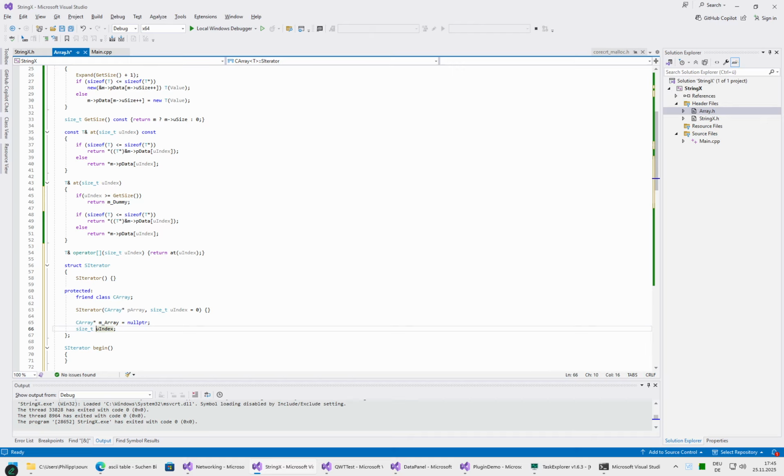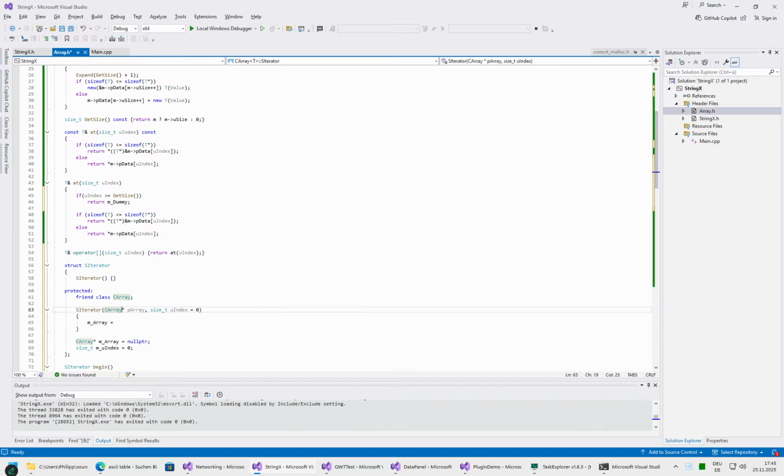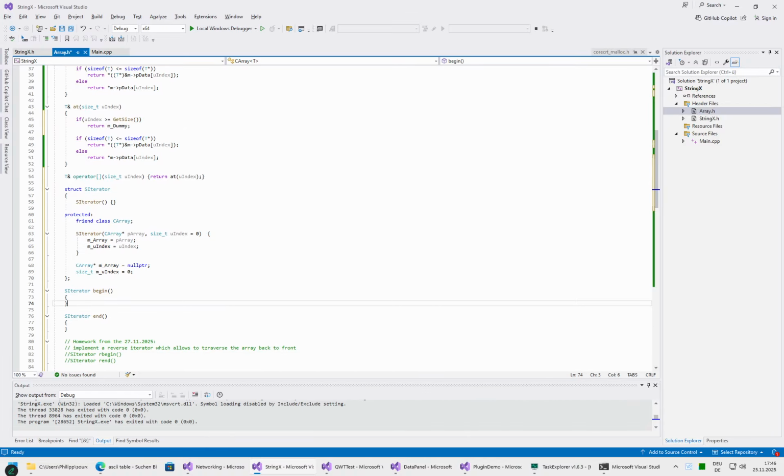Index, index is equal to 0, and here we just set array is equals array, uindex is equals uindex. As simple as it gets. We can make this a bit more compact just so it is nicer to read. And at this point we already can populate these two functions, return